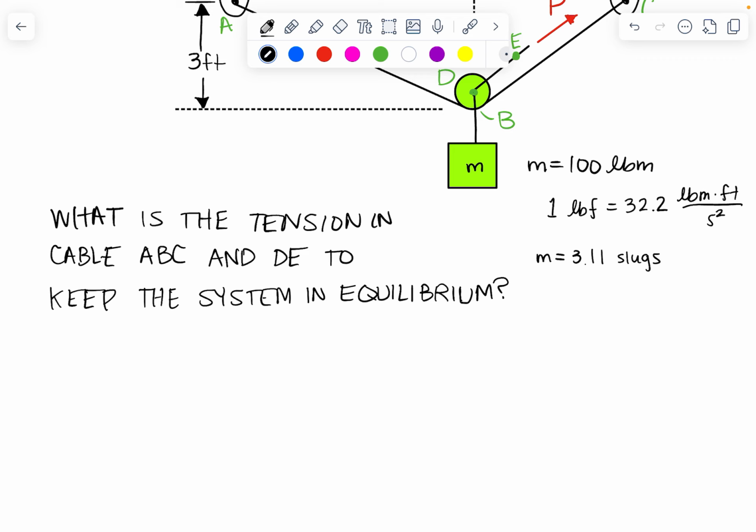And then I need to multiply that by the acceleration of gravity, which is 32.2. So I get that my weight is 100 pounds force. Okay, so it worked out to be the same magnitude, but remember that you do have to do this conversion,